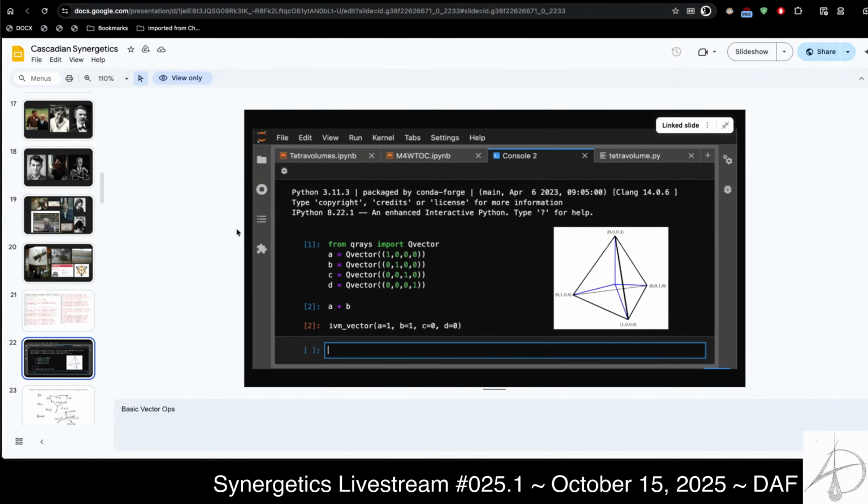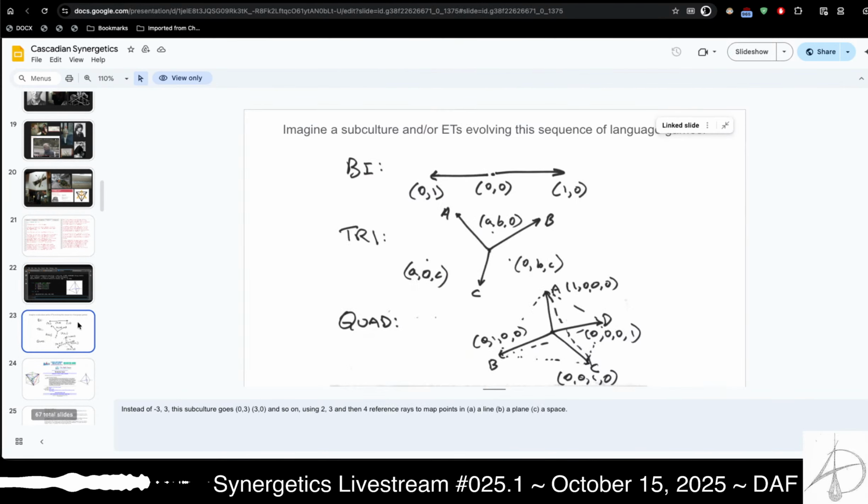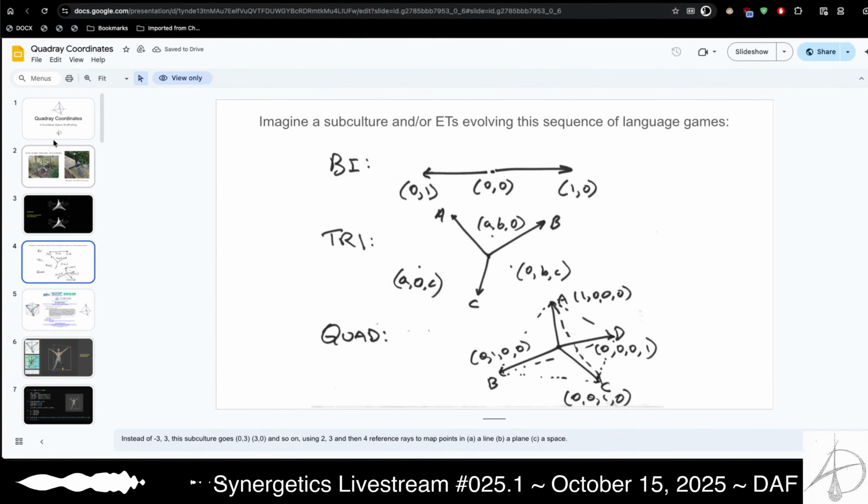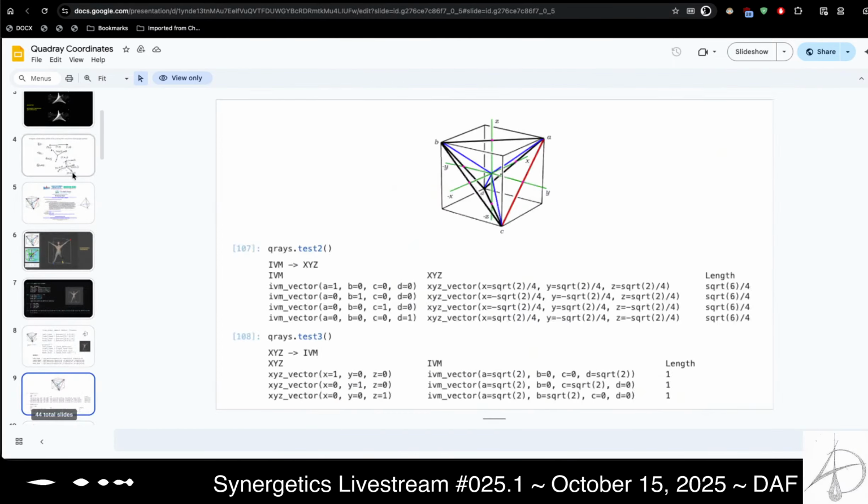And quadrays, working with them, is ultimately, essentially, vector work. So it is possible to operate this in the script form or in the notebooks, but big picture, these are vectors, and they are subject to rules of vector calculations. So here we kind of take another dip into the cultural, into a quadray coordinate specific deck.